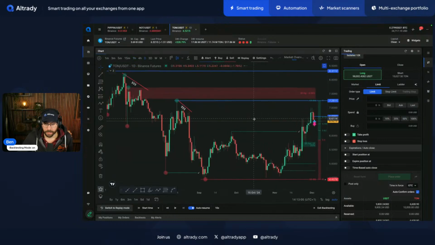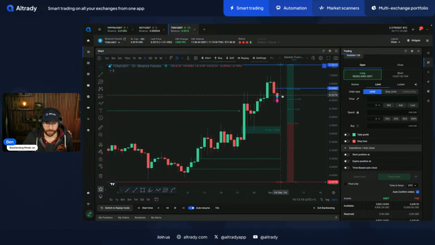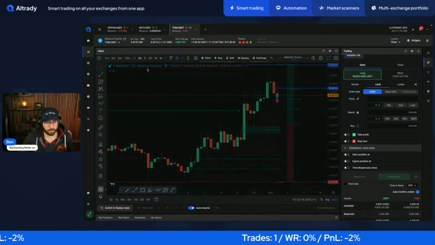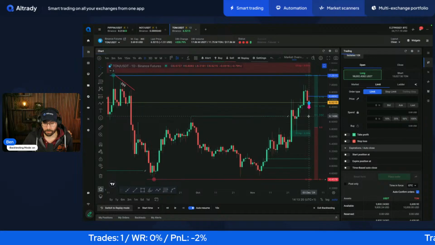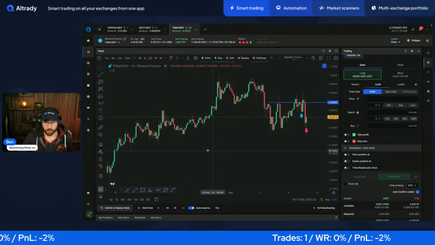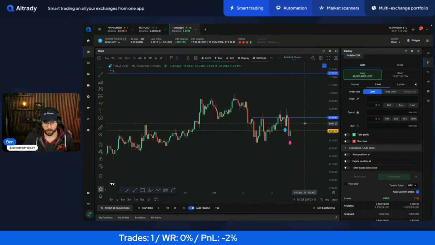Let's go back to the daily. Now, the question is, we didn't close above it, so technically we could still leave this in play for one more time. But do we see shifts happening? No, daily shift would be here. So, yeah, could potentially still go for that long, but this is going to be a problem because